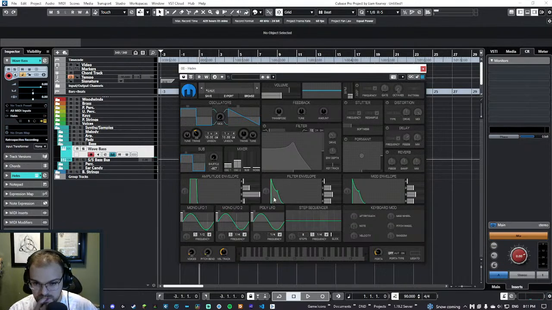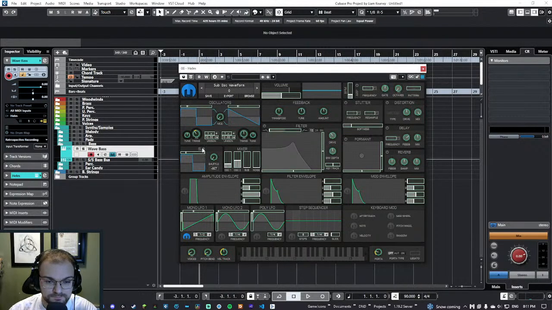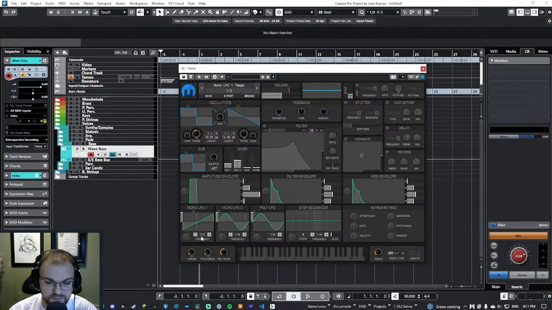Okay, so now this is one of the LFOs right here. I want it to be this. I want this LFO to affect both of these. So I'm going to hit this button. Actually, real quick, first I'm going to